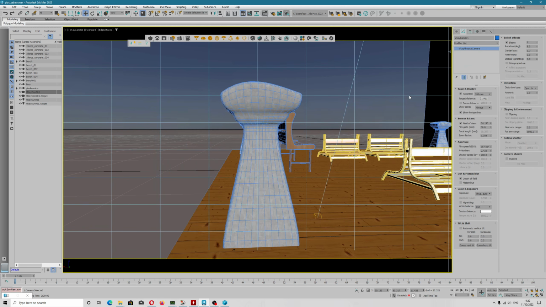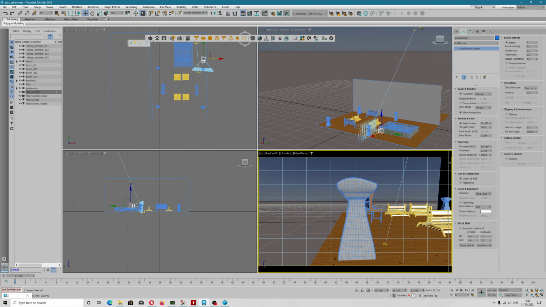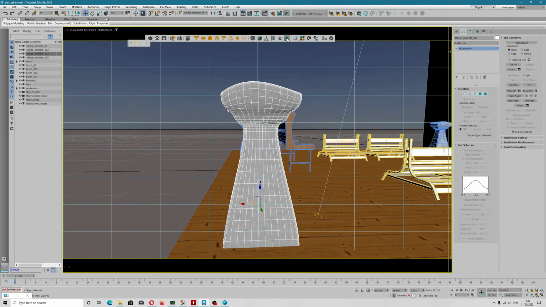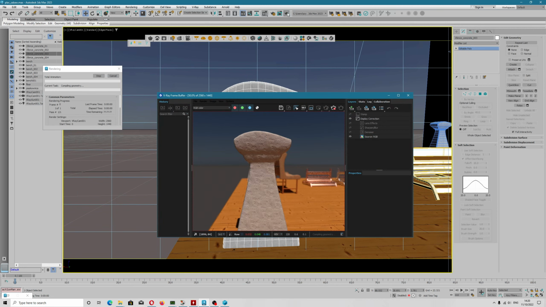Let's check the sun object, because I can change some settings. Intensity multiplier. Now the scene should be brighter. Sorry people that I didn't show you straight away. I just wanted to change the intensity multiplier because I want to show you